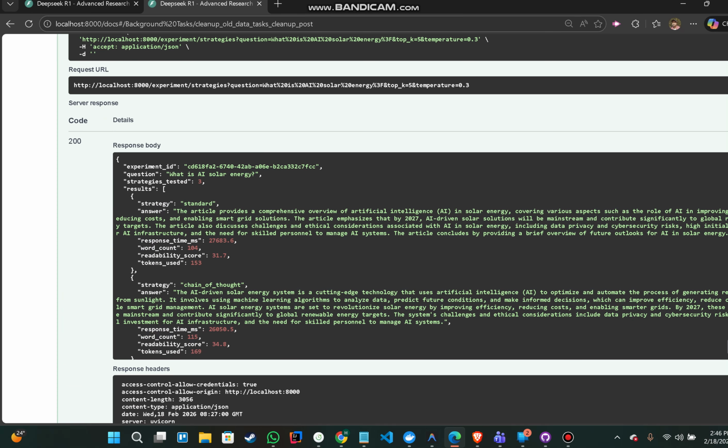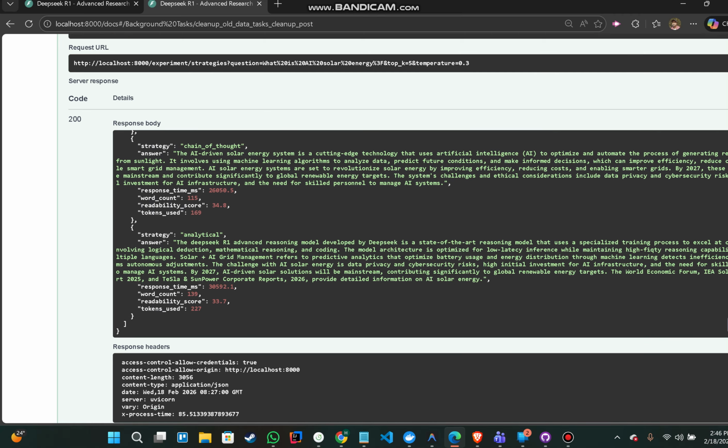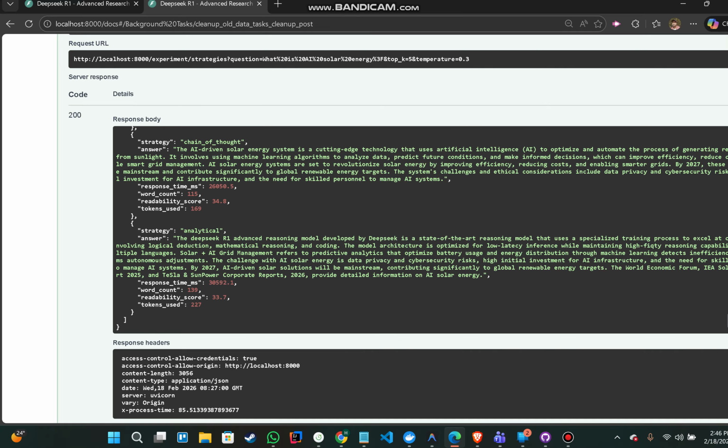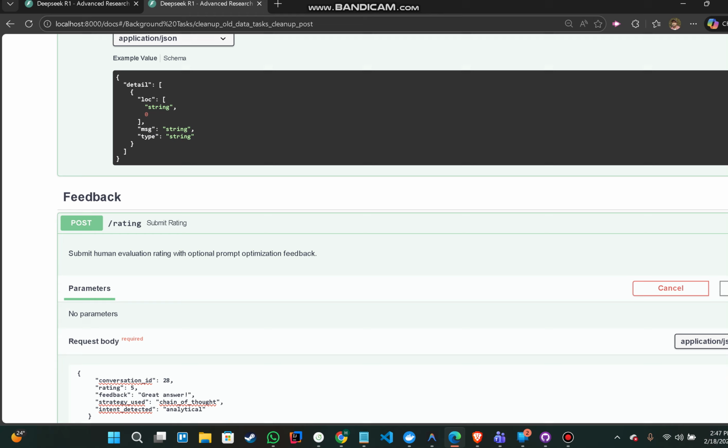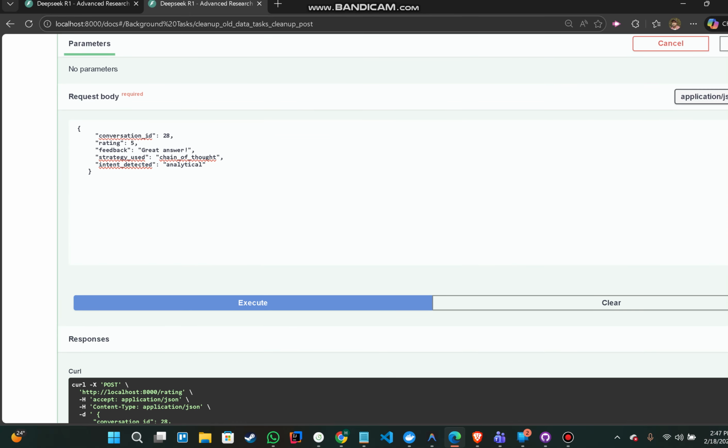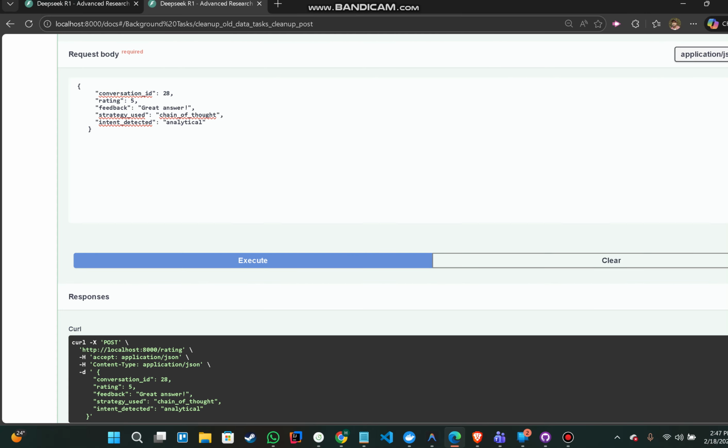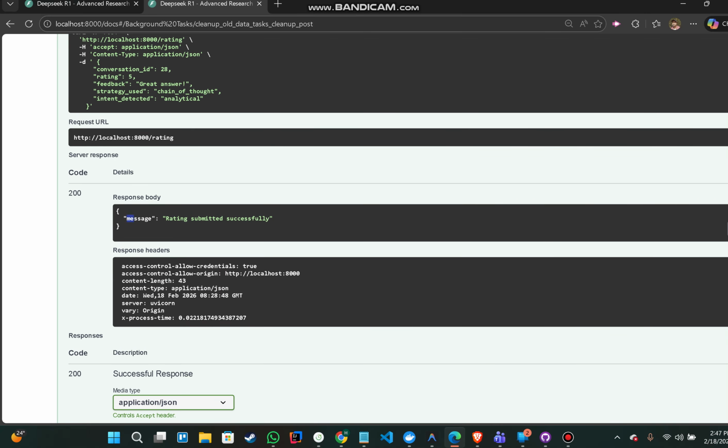If we provide those requests, it gives the response with the question and the result as well with the experiment ID. And here we can see that we do have response time, word count, readability score, and the tokens used. Now for the rating, we can give the rating according to conversation ID, and it gives the message like